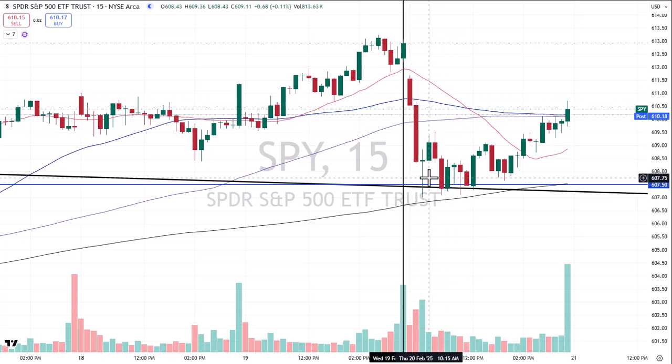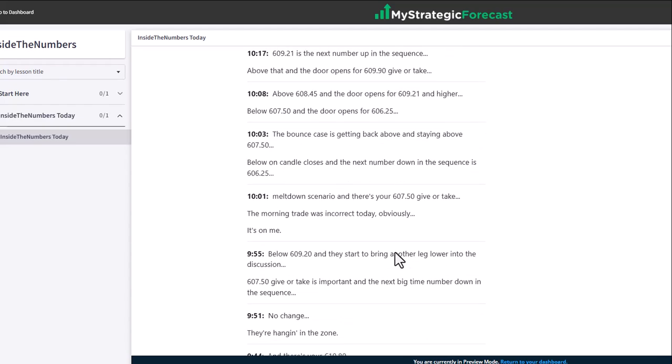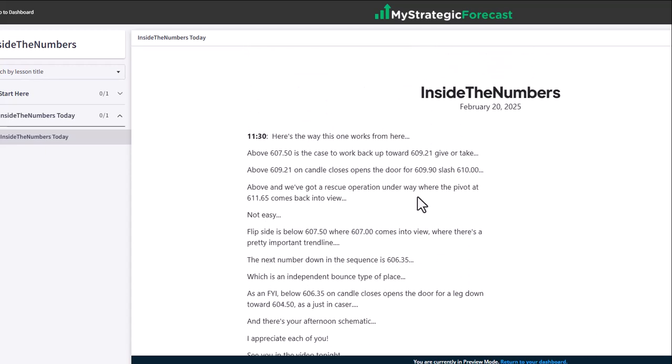Didn't work, had to re-engage down here at the trend line at the 607.50. Life of a trader. It's all in here. Read the notes, pause the video, go back to the chart to double check the work. And then on the way back up, we've got above 607.50 is the case to work back up toward all the way